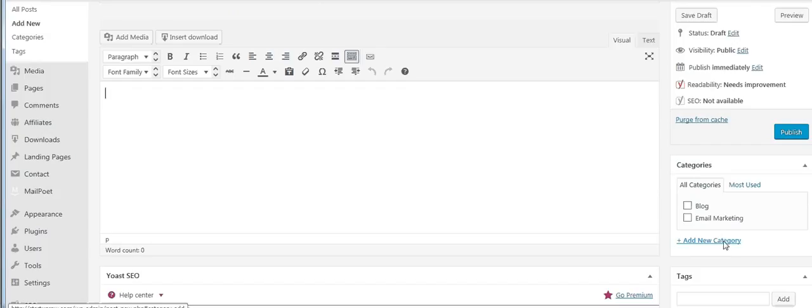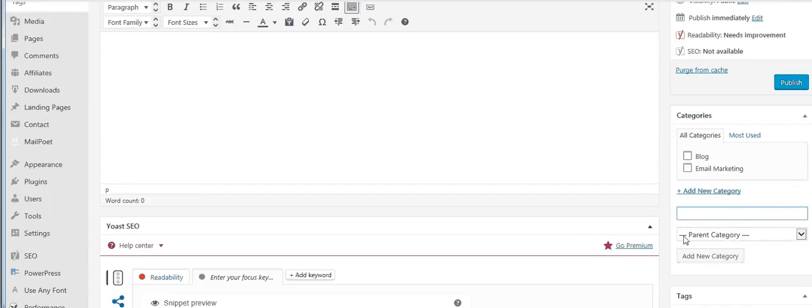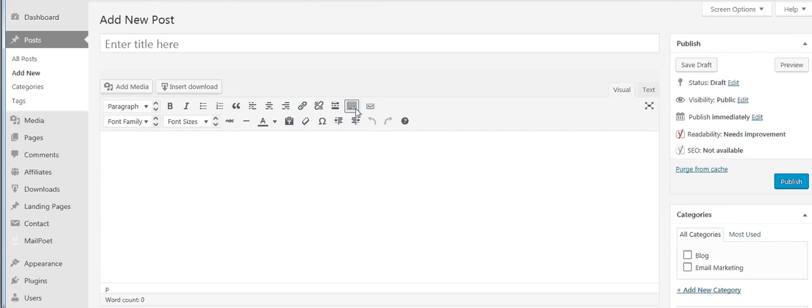Now, if you don't want to go under categories and you want to add a new category because you're doing something new, you can just add it right here. Just click this and it will add it. You just put it in, and if you want it to be underneath the other categories, a subcategory, you would just select that one as the one that it's going to be under. And then that's it. Okay? So that's how you schedule out. That's how you use